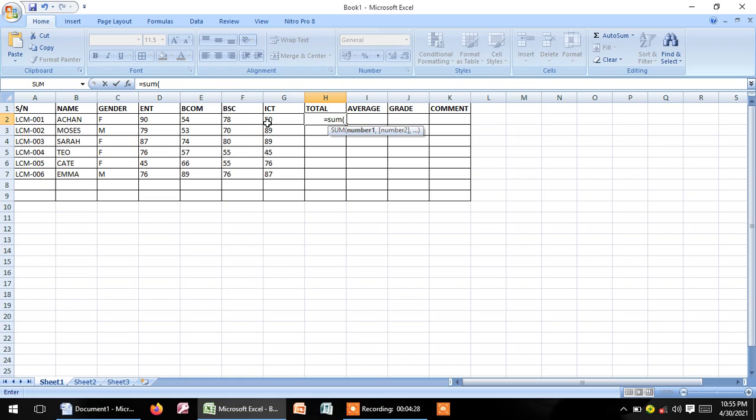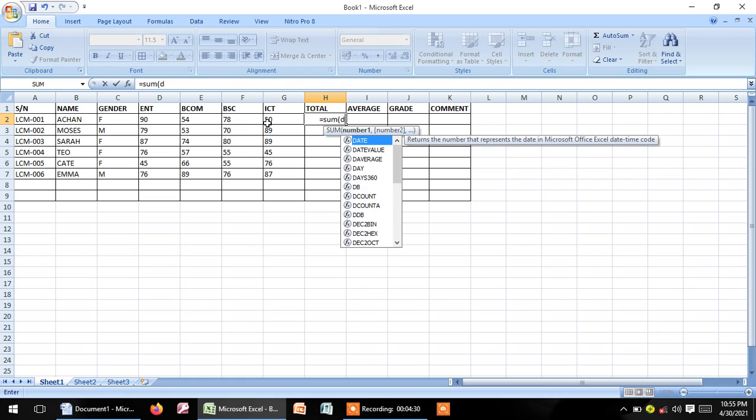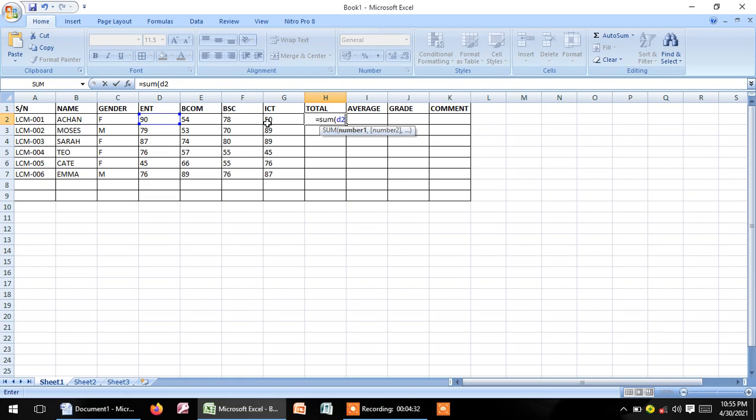We have 90 in cell D2, and we put the range by putting a colon and then the last cell address, which is G2. So that is a range. We have numbers from cell D2 up to cell G2. I'll close the brackets after the range and press enter.